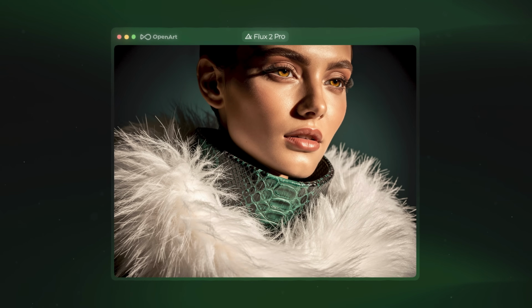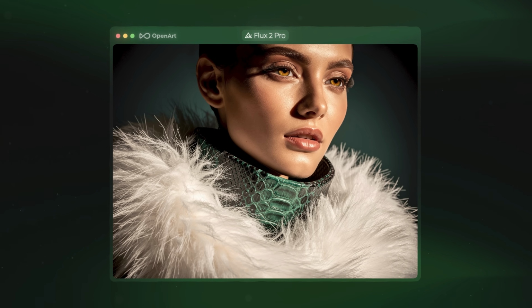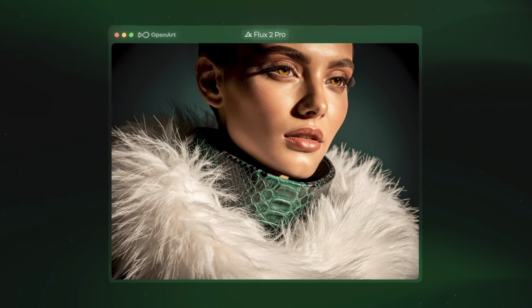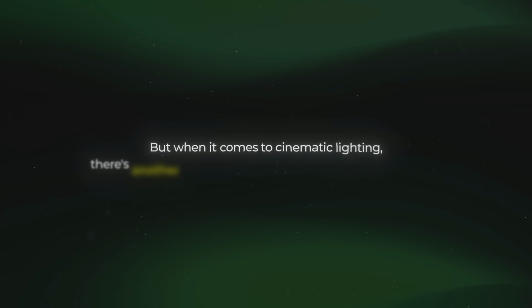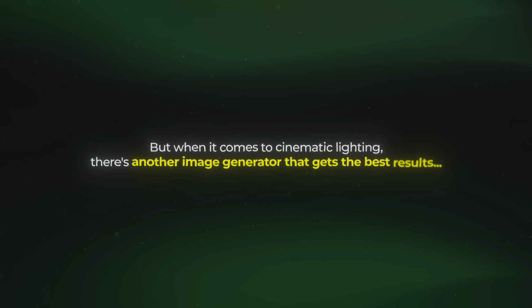Her eyes are vibrant, and the warm light that falls on her skin makes even the smallest details pop up. Her eyebrows feel realistic, and at the same time, they are very clean. The white fur scarf came out perfectly, and even the snake skin has the right texture with different colors. So Flux is definitely one of the best when it comes to high quality details that look like they were shot in 4K. But when it comes to cinematic lighting, there's another image generator that gets the best results, and